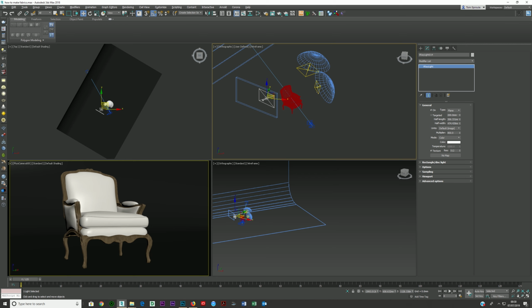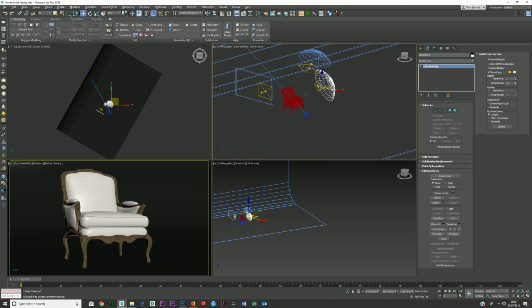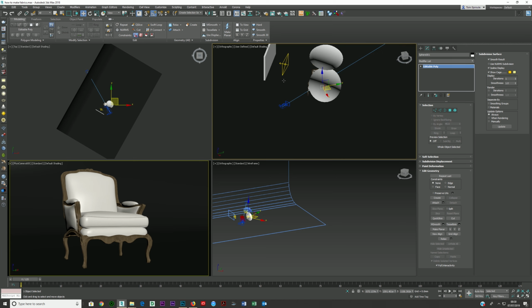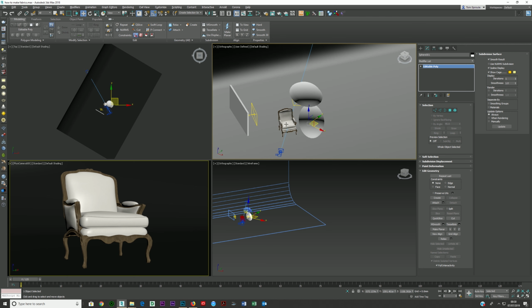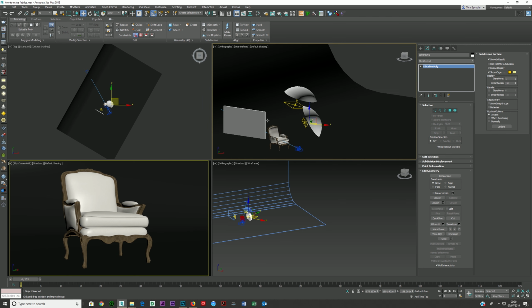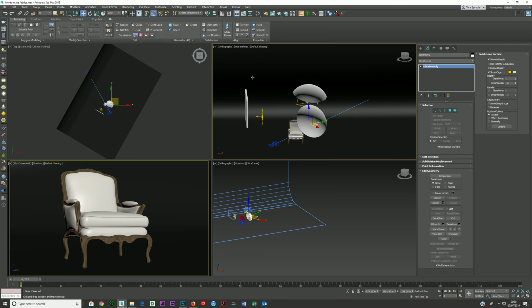I have 3 lights here, and these lights, much like in a photographic studio, are bouncing off these spheres which I've created, and they're sending the light back into the scene, and this is bouncing off this box. If I press F3 you can see. So these lights are bouncing off these, and this is bouncing off that, and that's what's causing the light in the scene. There's no HDRI in here,